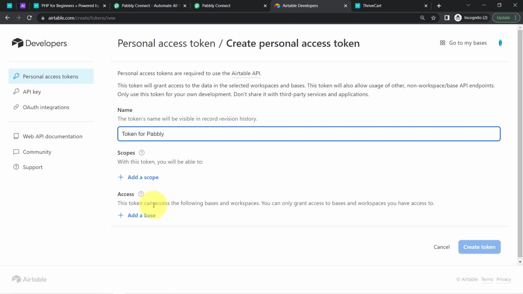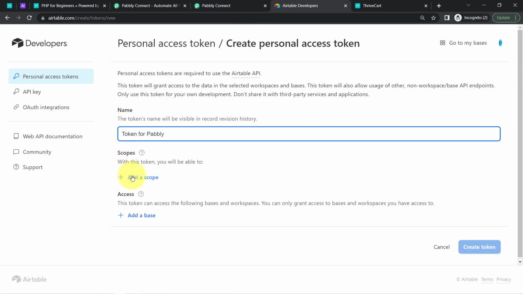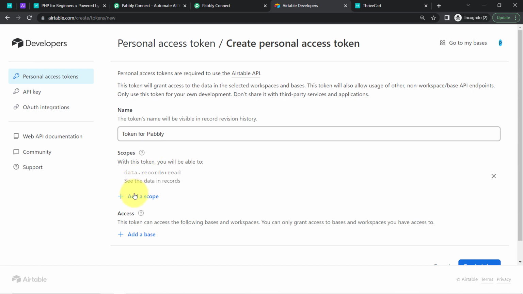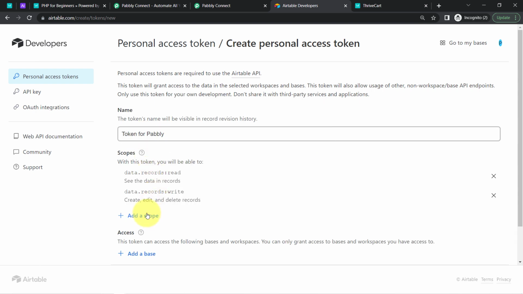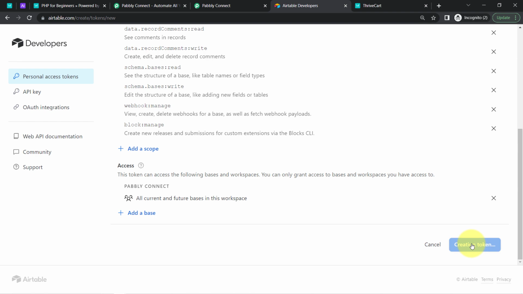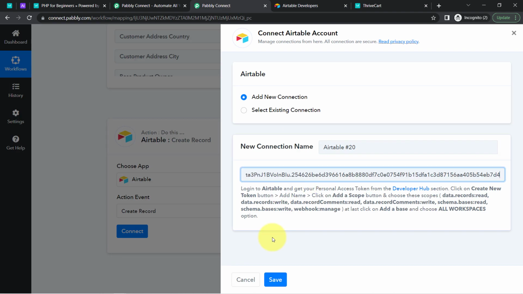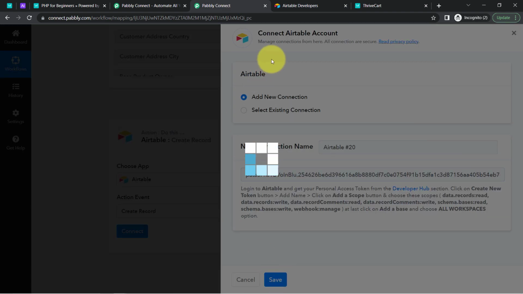Now after providing the name, it is asking to select the scopes and the bases. So as per the instruction, we are going to select these scopes and the bases. Okay, so coming back here and let me select the same, that is data records read, data records write, and so on. After selecting all the scopes, we will select the bases. Now simply click on create token button, and this is how the token will be created. Click on this copy button, click on done. Coming back here and let me paste the same, clicking on save,